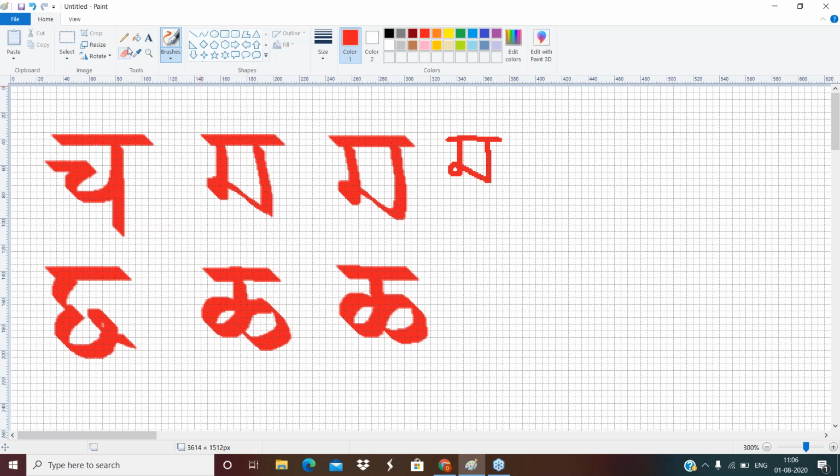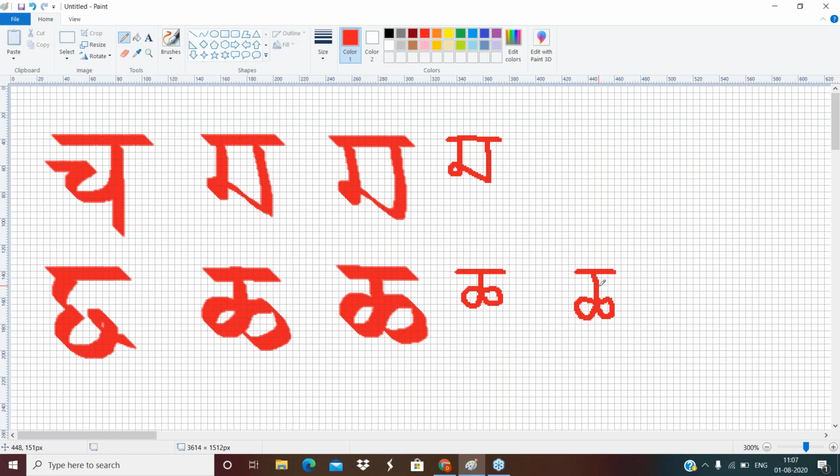If I have to write this with the pen, this is Ch. Only one common mistake which we have seen students doing here is they will do like this. Do not keep this line too long.